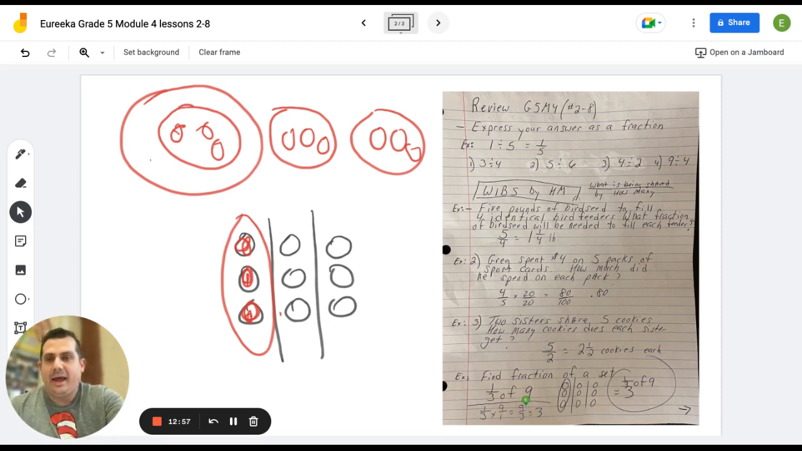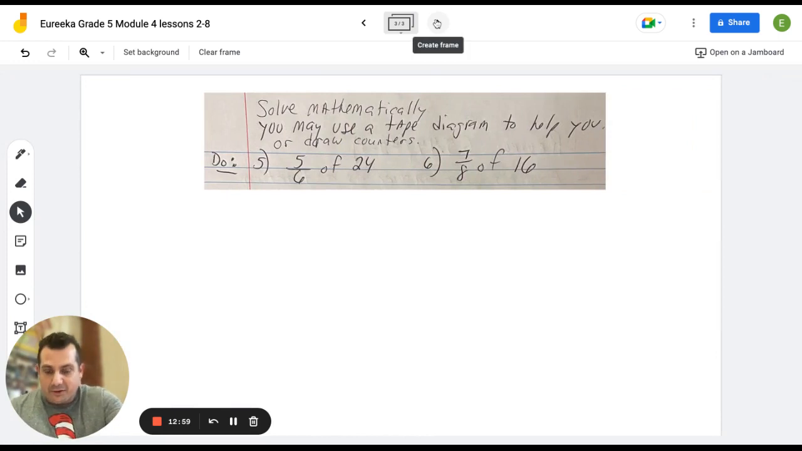All right. And this leaves us with one final question. It's on the back of the page. Well, it's 2 more, just going with what we were just doing. So 5/6 of 24. Okay. So you'll give this a shot on your own. If you haven't, pause it and then come back after you try it. You could use a tape diagram if you want. You could draw counters, any method we've gone over in class. So for here,